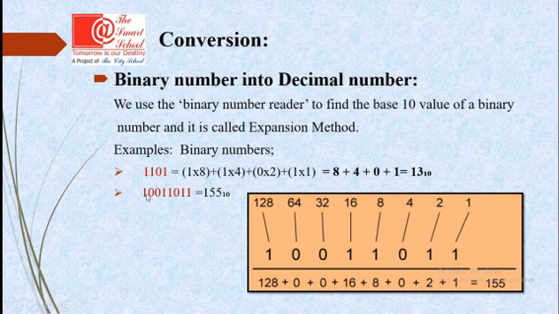And the number is 100111011 in binary number. So when we just find the place values, it is 128 multiplied by 1 is 128, 0 by 64 is 0, then 0 by 32 is 0, 16 by 1 is 16, 8 by 1 is 8, 4 by 0 is 0, 2 by 1 is 2 and 1 by 1 is 1. When we add up, it will be equal to 155. So it means in binary system 100111011 is equal to 155 in base 10 system.